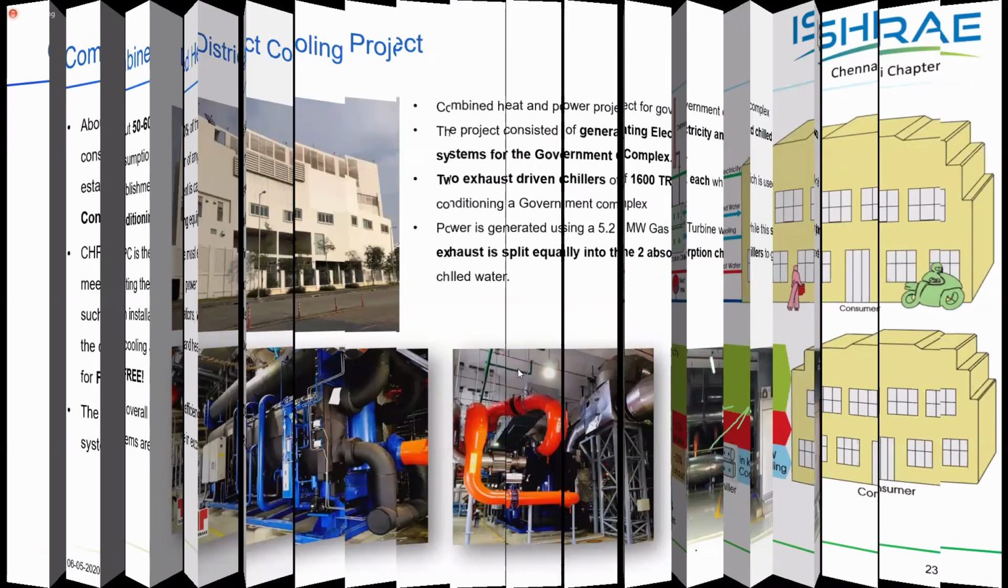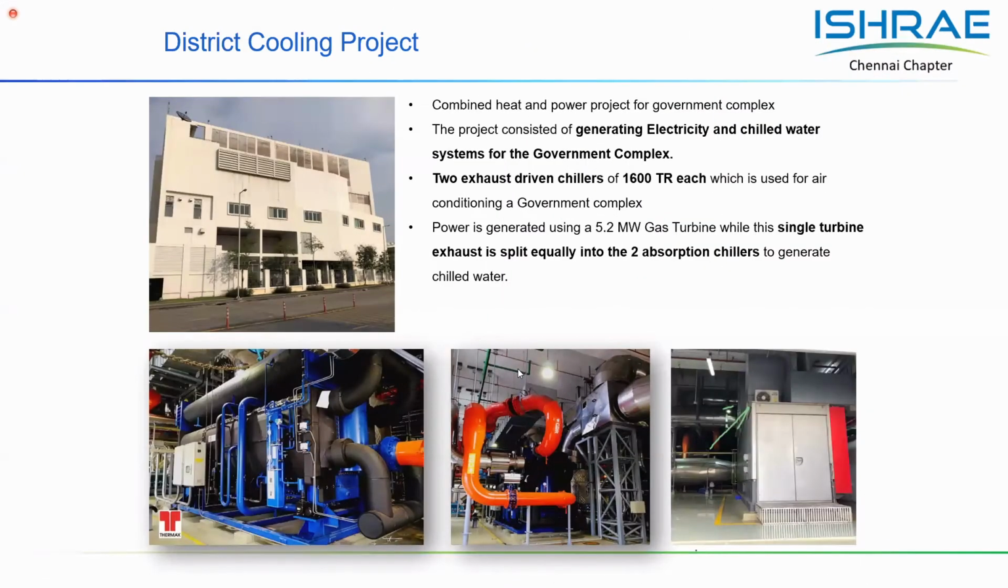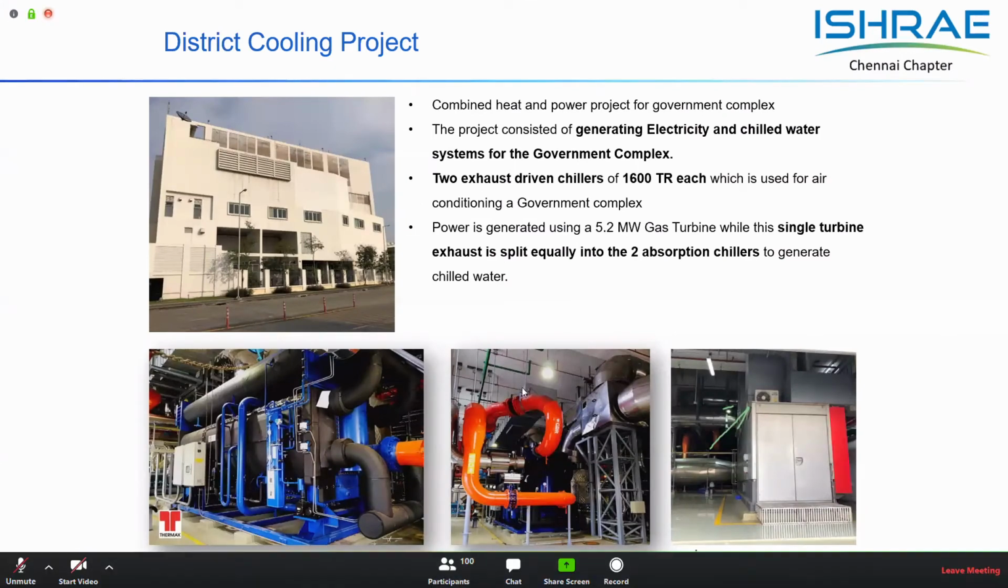So one such large installation you can see on the screen is where a 5.2 megawatt gas turbine is used to generate the power required for a large government office complex. The flue gas from the turbine is split into two parts, and each is fed to one absorption chiller, so that they can deliver chilled water, which can be used for air conditioning of the office